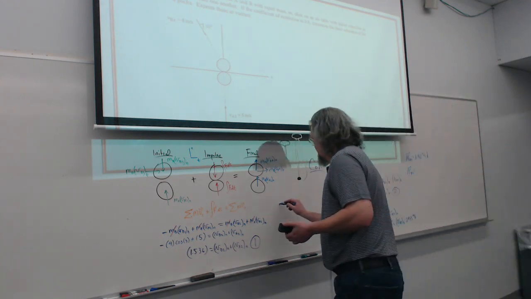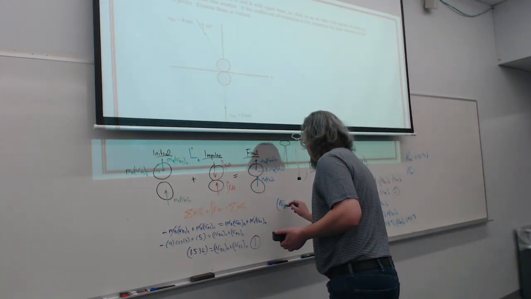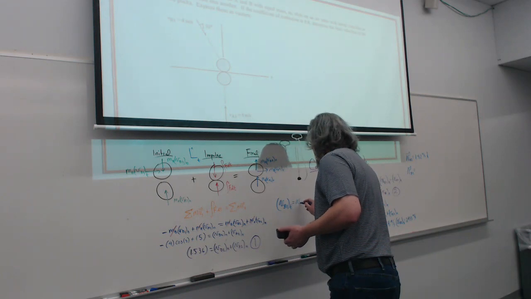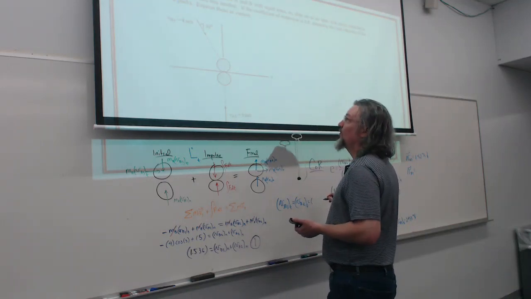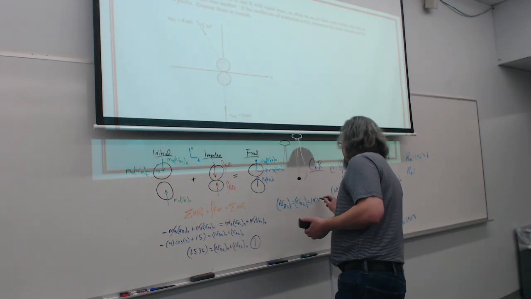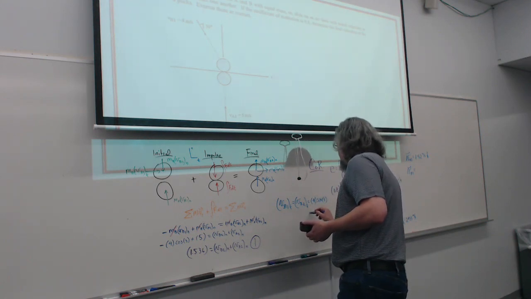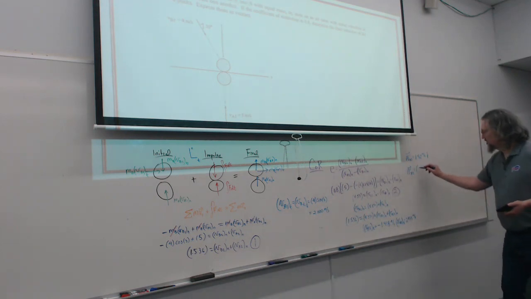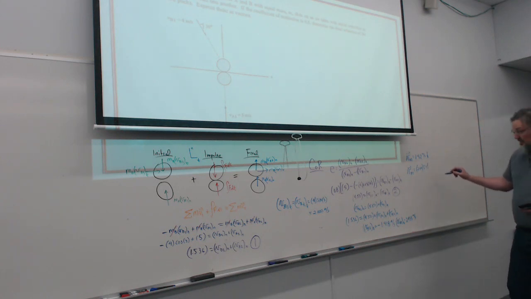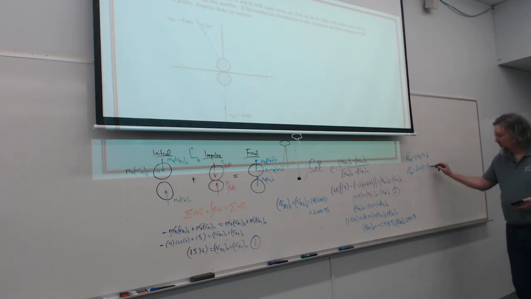But VB1 tangential is VB2 tangential, which is going to be the 4 times sine of 30, which I believe is going to be 2, right? Yeah. So you have 2i plus 2.953j,